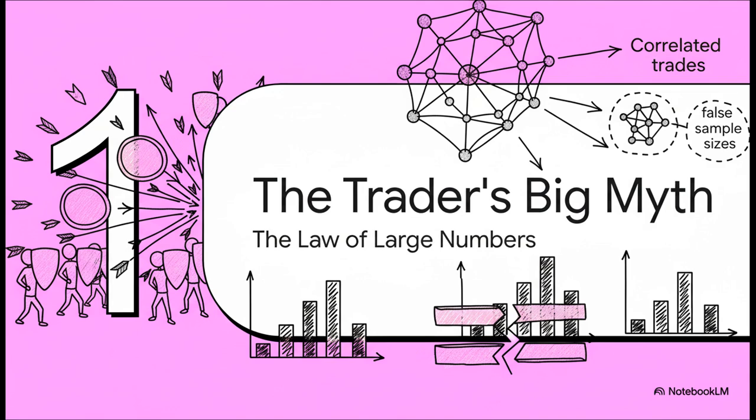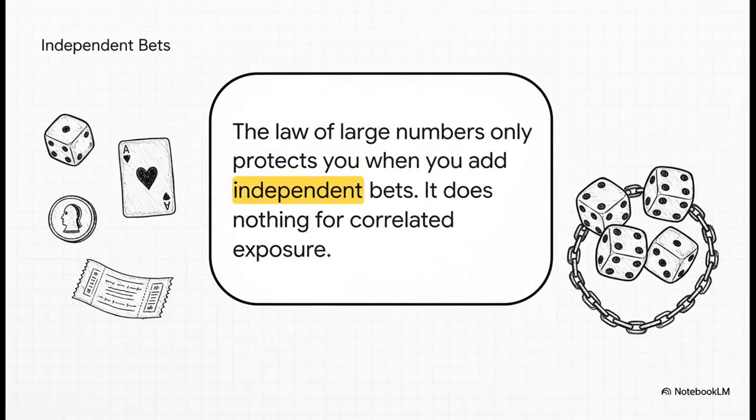So many people use a huge trade count as a security blanket, thinking they're protected by statistics. But here is the catch. It's the fine print that almost everyone skips. That powerful law of large numbers has one non-negotiable rule. The events have to be independent. And the truth is, in most high-frequency strategies, your trades are anything but.